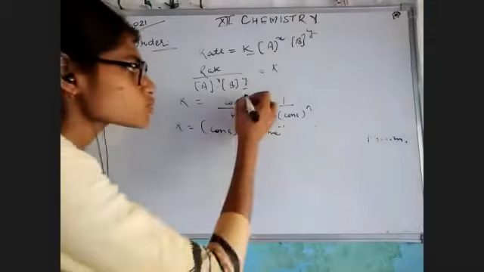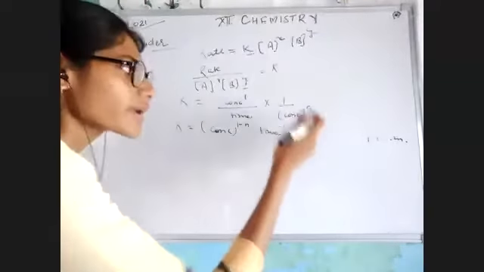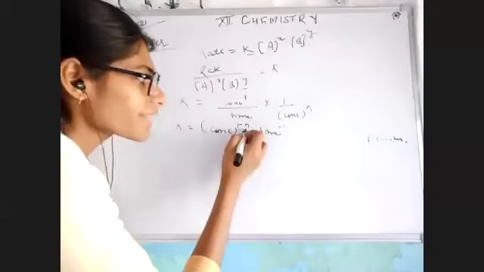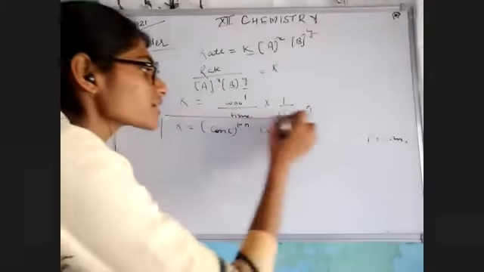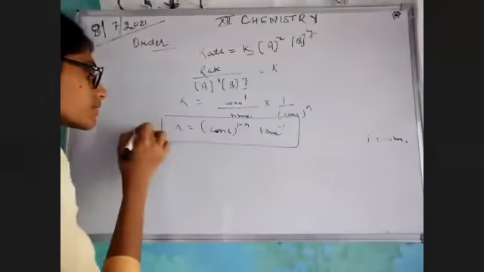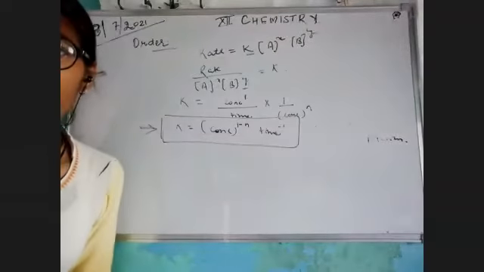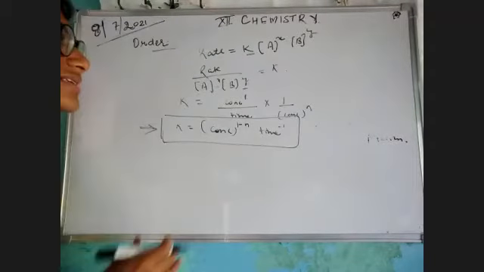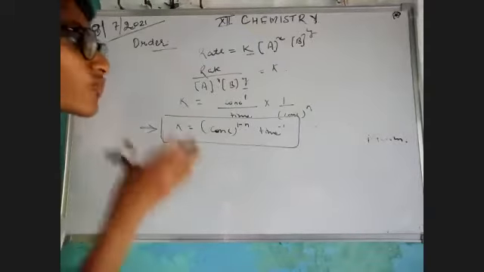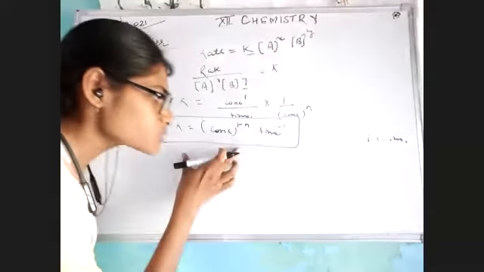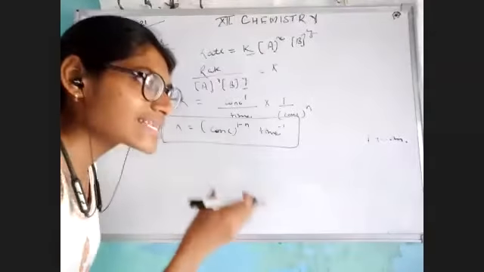That means this is 1, this is n, it would go up. That would be 1 minus n per time. This is a general formula for calculating the unit of the rate constant. Okay, and this is very important. This is very crucial, because on the basis of this unit, we can easily calculate the order.